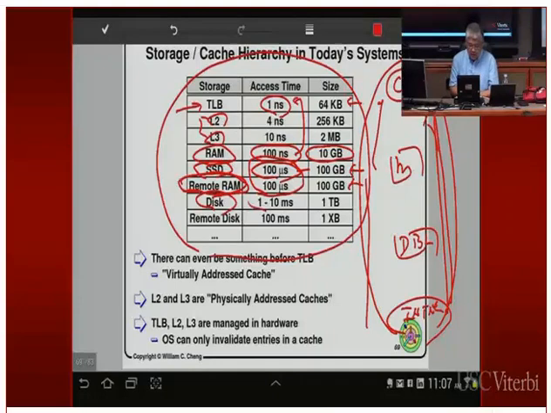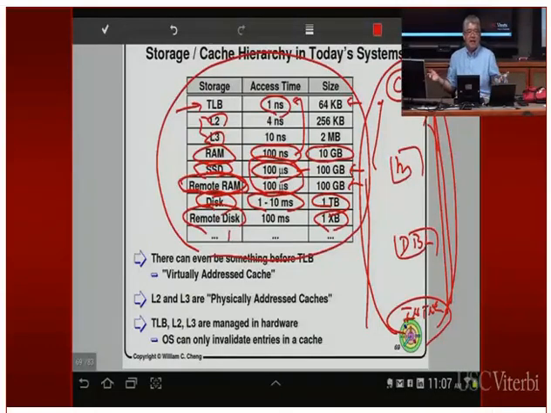And then come the mechanical disk. The mechanical disk's access time is about 1 to 10 milliseconds. Okay, but the storage is very big, right? It can go to 1 terabyte or several terabytes. And finally, remote disk in the local area network, you can combine all their disks for one of your machines. So therefore, it's going to be 1,000 times bigger. And then eventually you go to the internet, etc.